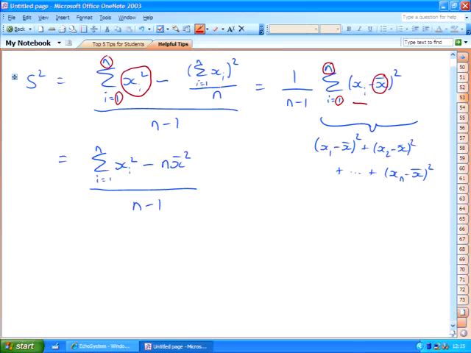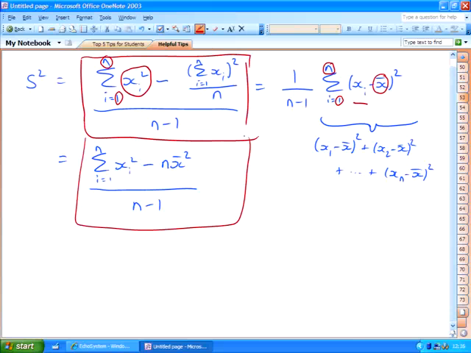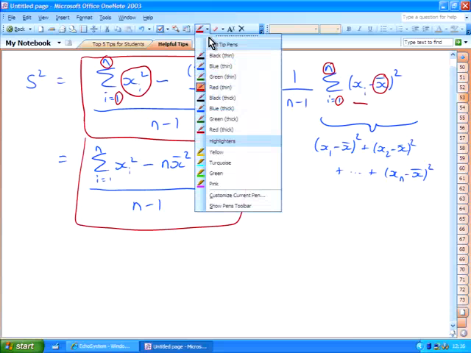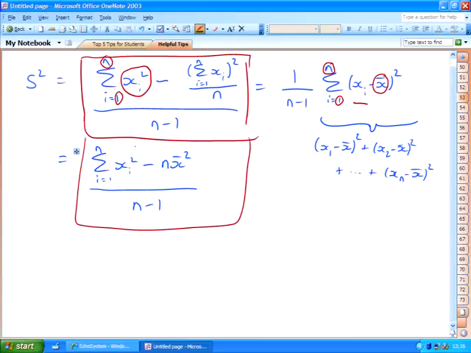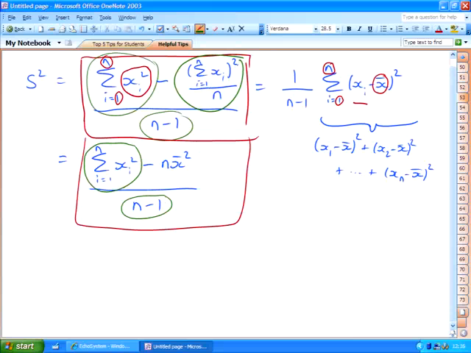You can see that this equation looks fairly similar to the second one. We have the same sum of the xi squared terms, and we're dividing by n minus 1 in both. So clearly this term and this term must be equivalent,